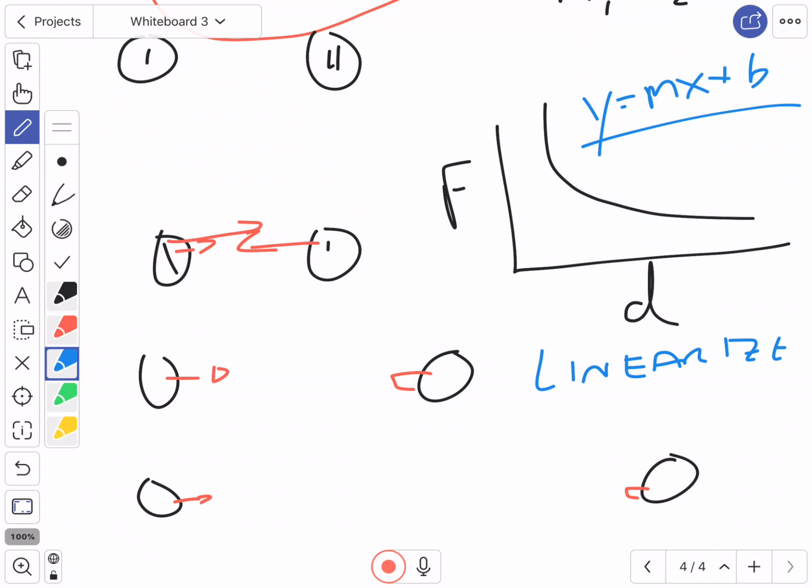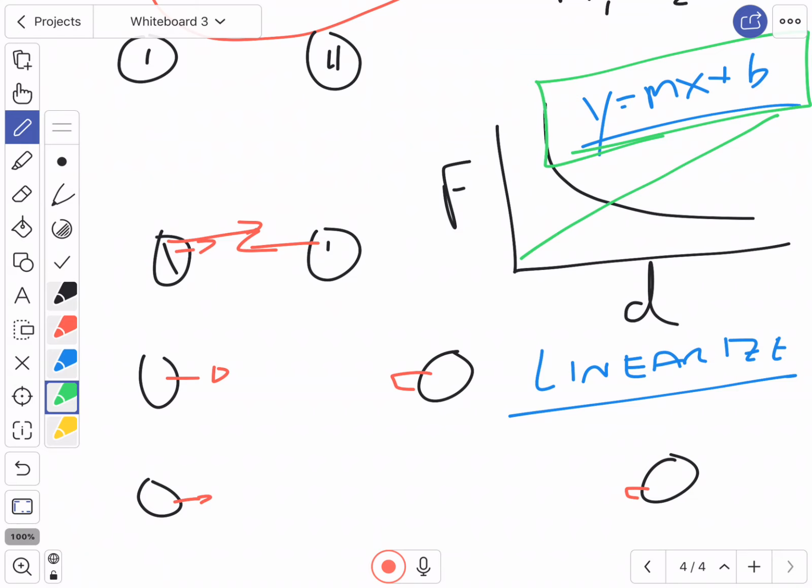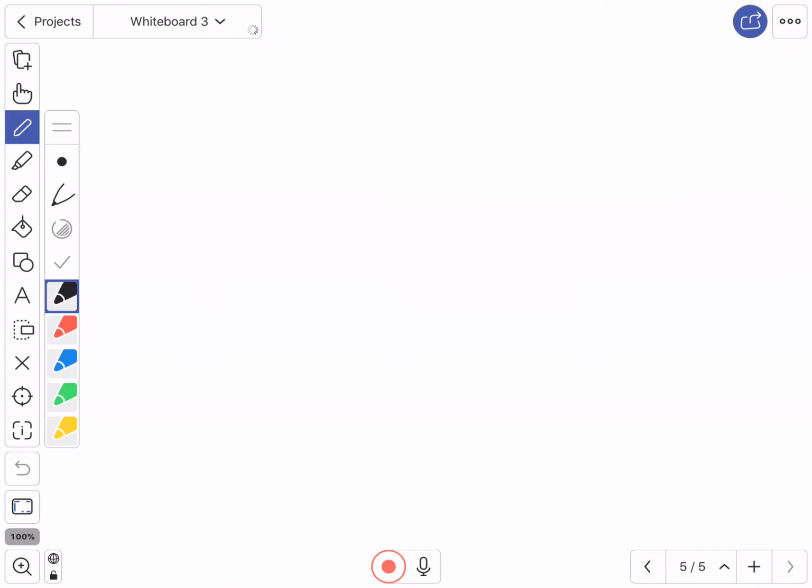Can you guys pull up your Google Sheets that you were sharing yesterday? And again, hopefully you were sharing it with the group that you were working with. Can you pull up this graph? The first step we're going to do to linearize this, which is the process of trying to make this graph in some way look like a straight line, is so that we can then use this equation, y equals mx plus b. Let me talk us through how we're going to do that.